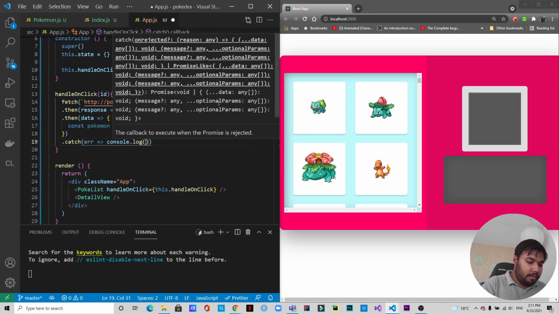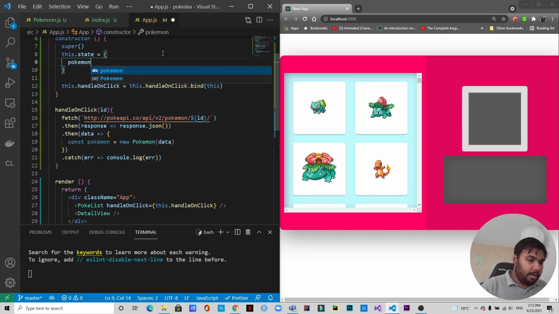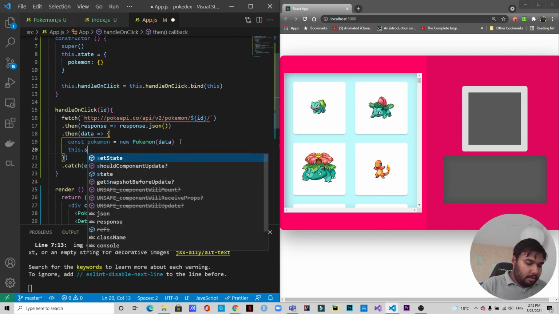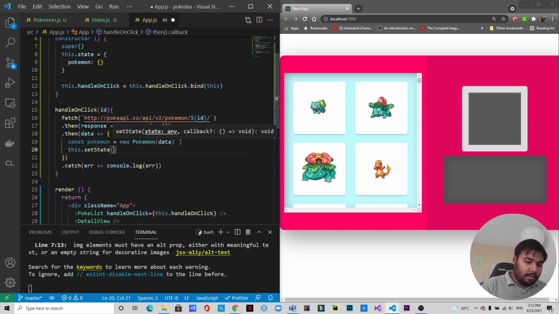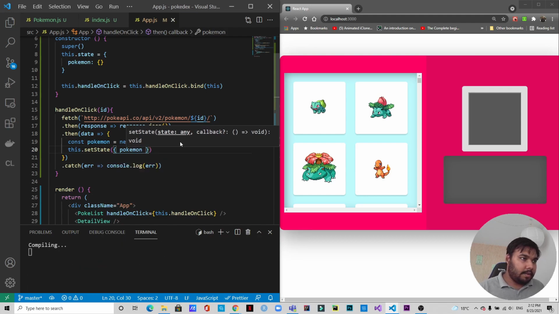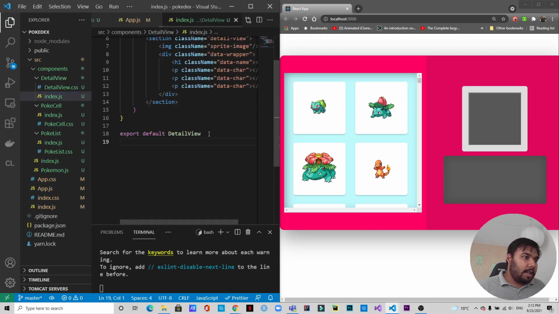console log error. Okay, now with that we need to add an item in the state, so we will add Pokemon like this and save. So for this we are going to set the state, that is this dot set state Pokemon, and save it. Now let's go to the detail views index.js here,